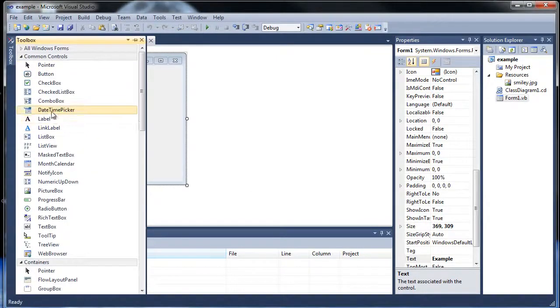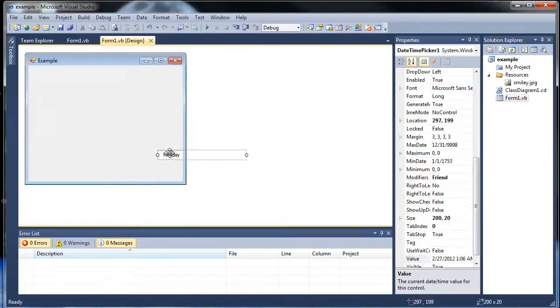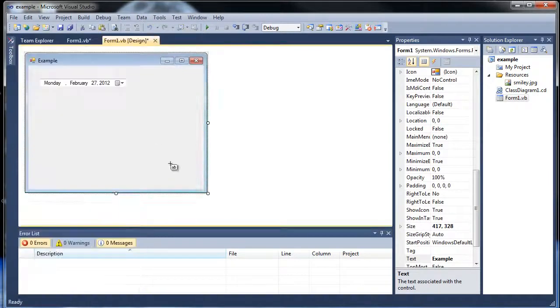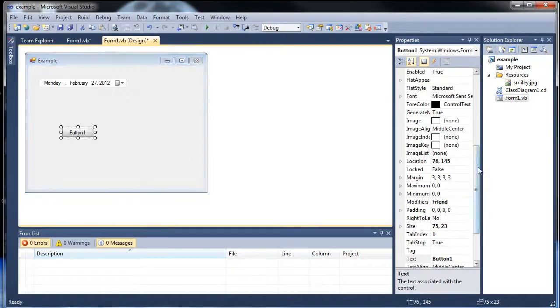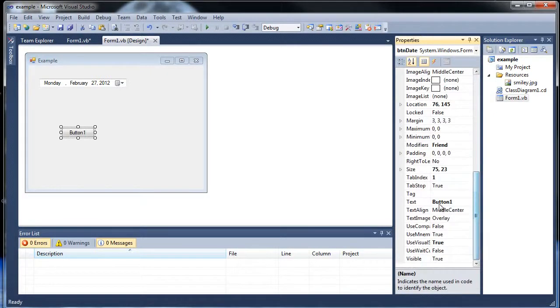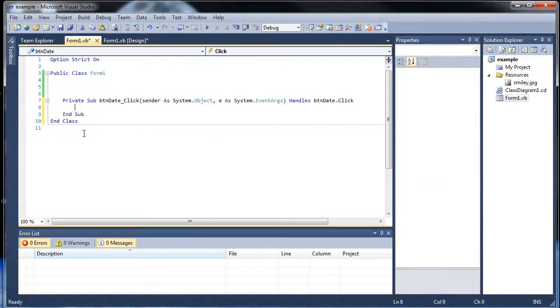Allow me to use the date time picker. I won't be using the month calendar. I'm just going to use the date time picker and just have that here, and as you can see, this is the date of today, as you can see by default. But let's just create a simple button, and let's have it called btn date, and let's just have it say date. So I'll double click this guy